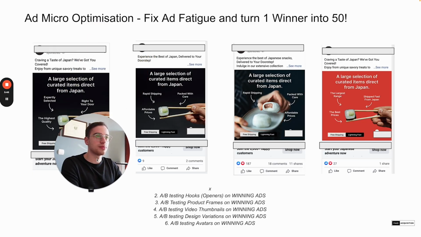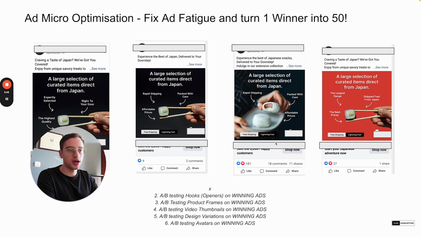Now, we use ad macro optimization. So we optimize the scroll frame by basically tweaking the most important stuff on the ad that has the biggest impact. So that would be the headline and the hook. We have the 5 or 6 big creative tests, which basically, again, are the hook or the headline if it's a static, or it could be thumbnail design variations. After that, I will test some different avatar stuff. So I'll put an example here from a past client or a past account that I'm